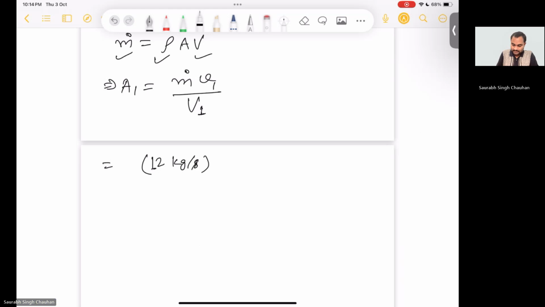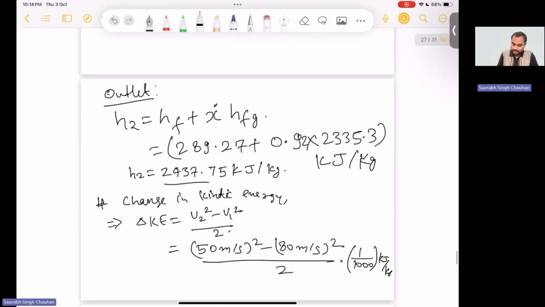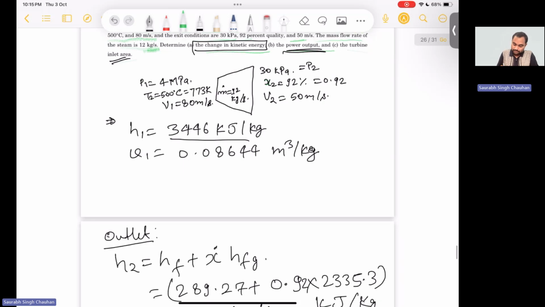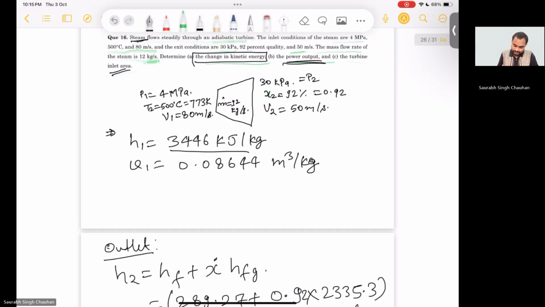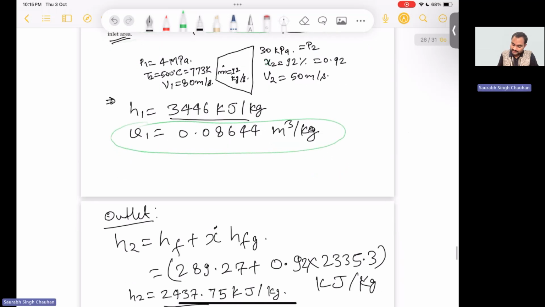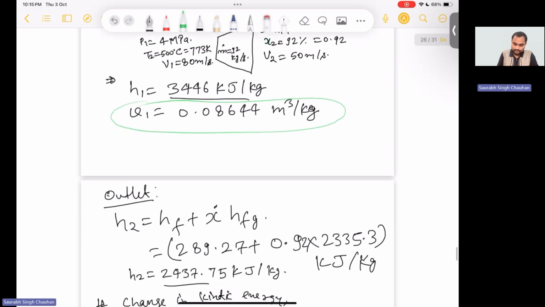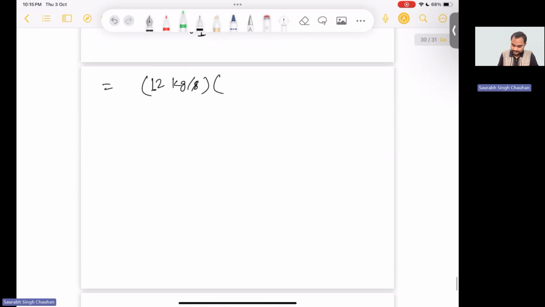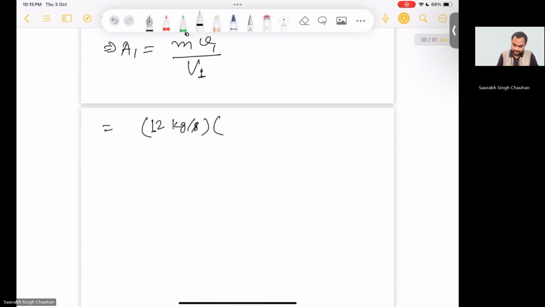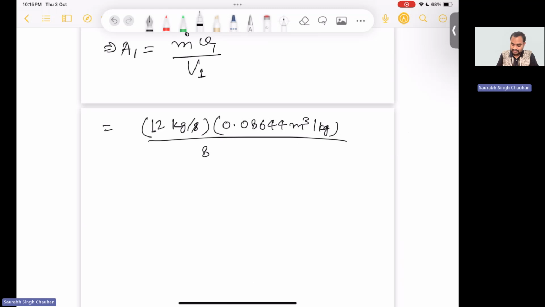Okay, and specific volume we had found from steam table, and it is 0.0864 meter cube per kg, divided by velocity is already given, 80 meter per second. Okay,